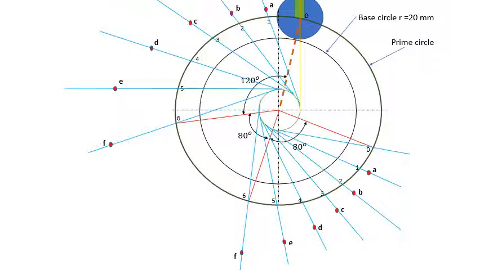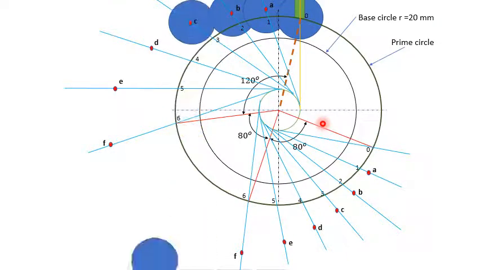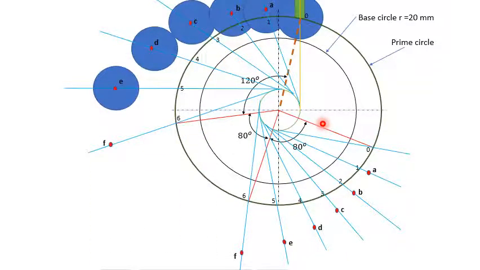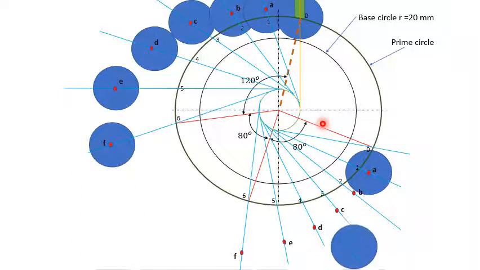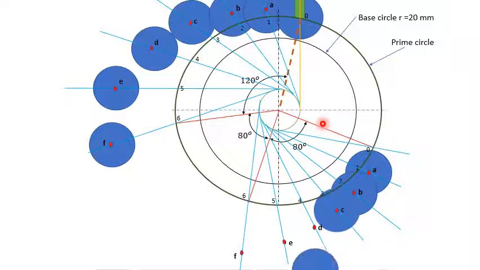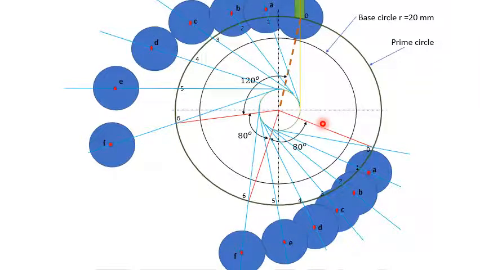the next step is we have to draw the roller follower. We have to locate the roller follower on each cutting point. So this is the first one. Next, on each cutting point we have to draw the rollers whose radius is equal to 7 centimeters. So like this, draw circles or rollers on each cutting point.